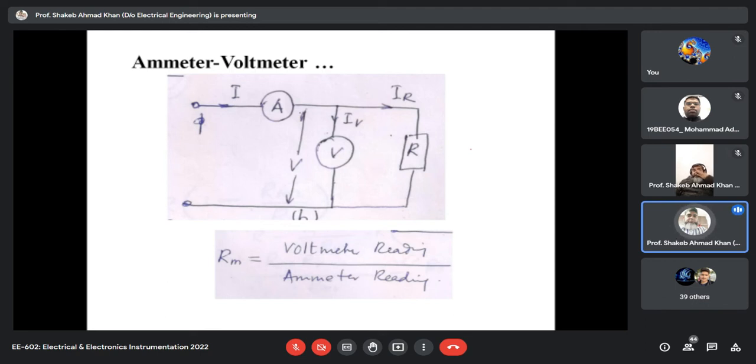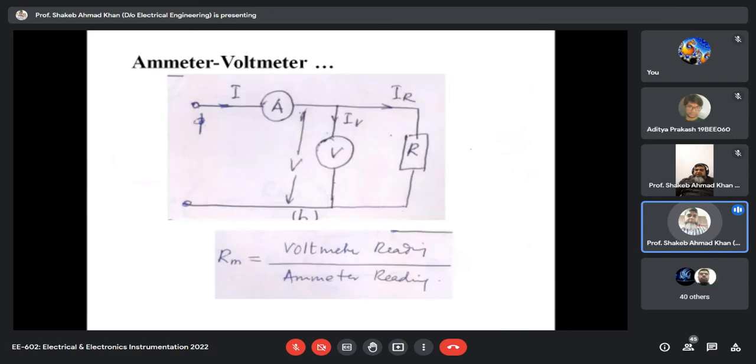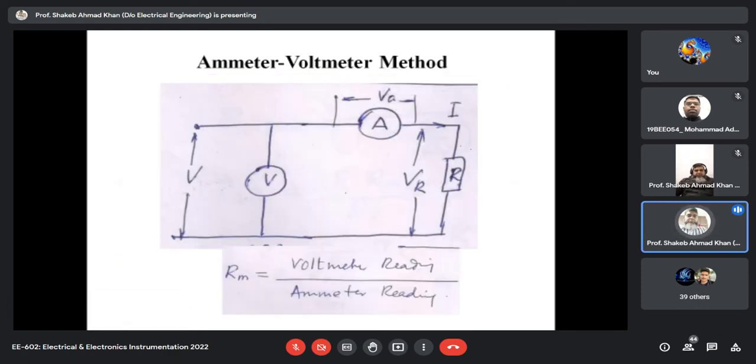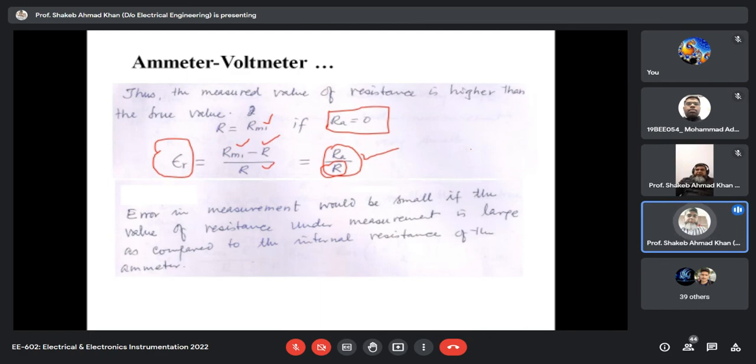So here you see, in this case, whatever issue the earlier circuit was having is taken care of here, because we put the voltmeter across the unknown resistance. So now your voltmeter is giving the correct reading, meaning whatever is desirable, it is giving that. But your ammeter reading has a problem now, because the ammeter reading is equal to the current through the unknown resistance as well as the current through the voltmeter. Although you know, in this case, your ammeter resistance is always very small, because ideally an ammeter should have zero resistance. So this drop will be very small. RA is of very small value. So that's why I'm saying that here, if your unknown resistance is higher, then your relative error will be